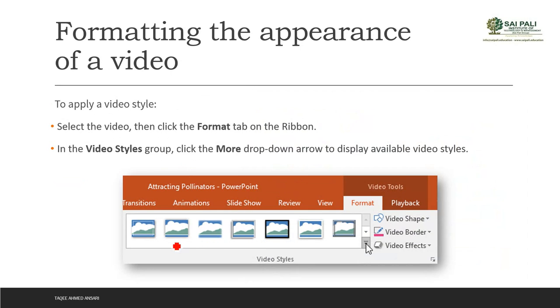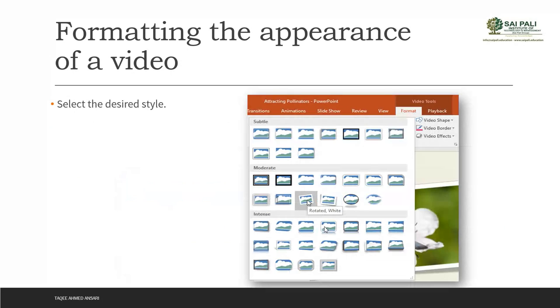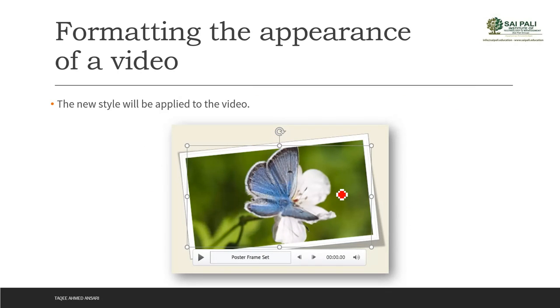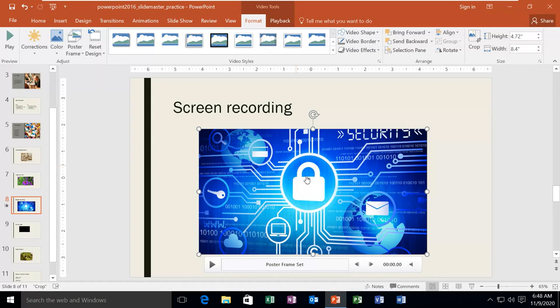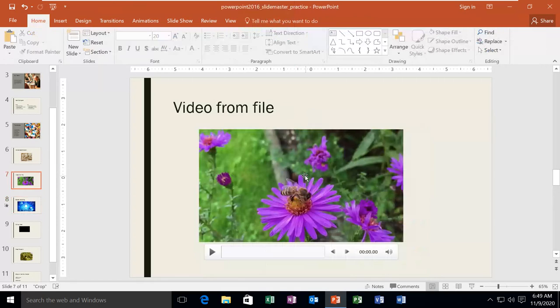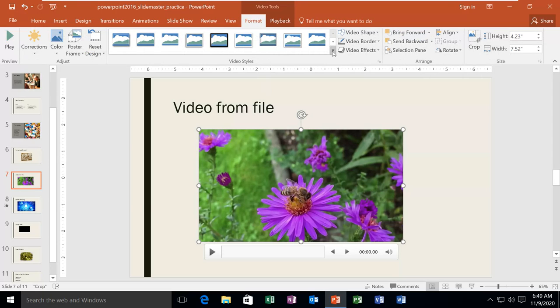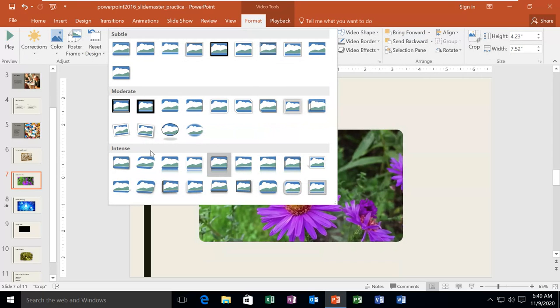Then we can also use these other options to format our images, our video frame. You can add video frames from here, and you can add other effects also. So if you want that, then you can add those effects from there. Just like the other image, you select this from the format tab, then you can select what type of frame or format you want.